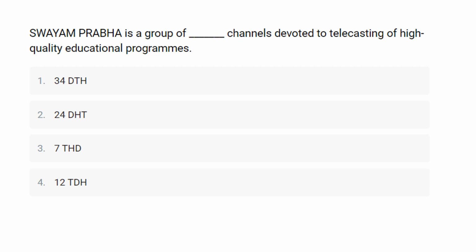Swayamprabha is a group of how many channels devoted to the telecasting of high quality educational programs? So here in this question they ask you about the Swayamprabha and its channels, for which the first option here is 34 DTH, second option is 24 DTH, third option is 7 DTH, and the last option is 24 DTH. The acronym of Swayamprabha is Study Webs of Active Learning for Young Aspiring Minds. Okay, and it is initiated by the MHRD